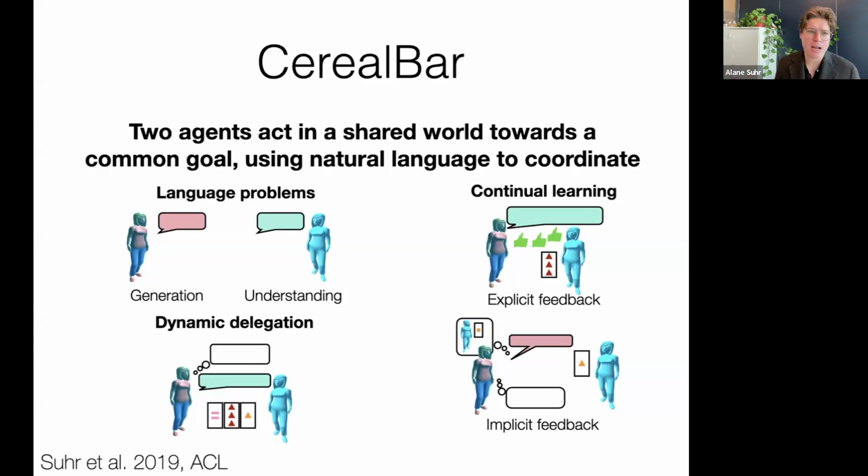But we can also consider types of implicit feedback. So I got some implicit feedback during that interaction, because my goal was for the agent to get the orange square, but my instruction was too vague. I just said get the orange card. It picked up the orange triangle instead. So now I've learned probably I need to be a bit more specific in my instructions going forward.